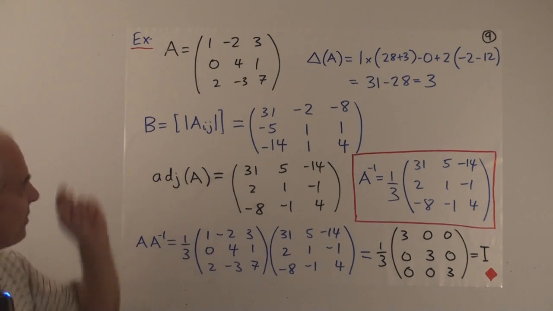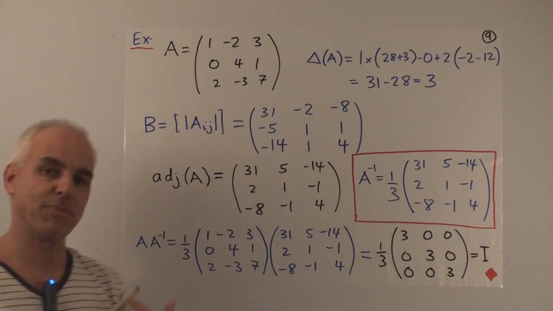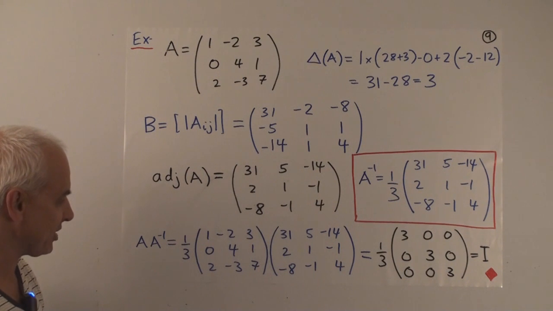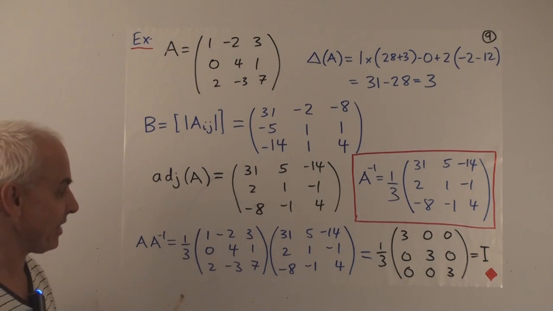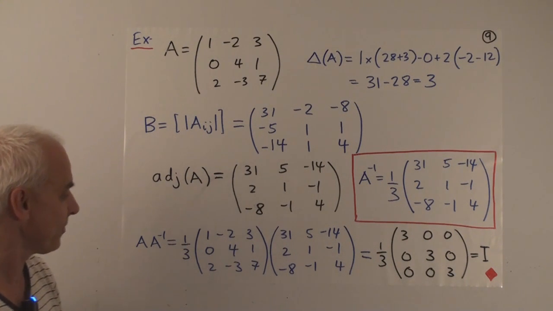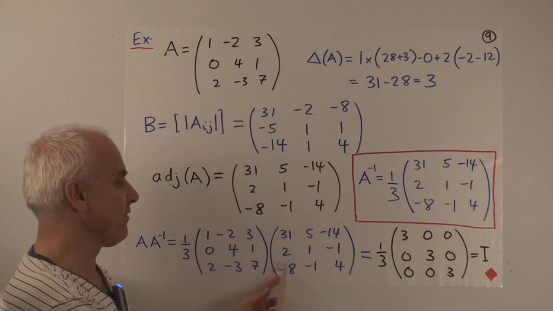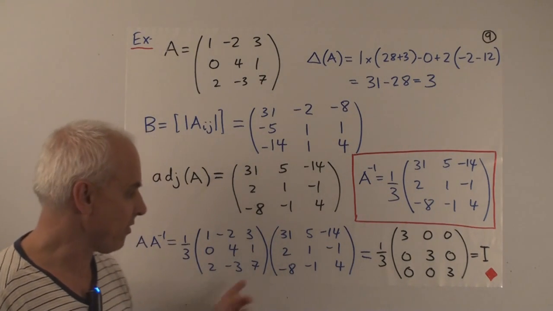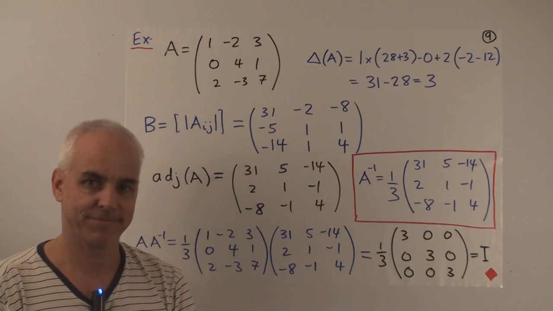Now let's check that this matrix really has this as its inverse by doing a multiplication. Now I haven't told you how to multiply 3 by 3 matrices, but I'm going to shortly. But you can probably guess how to do it, and let me just show you what to do. So here's the matrix A. And here's the matrix A inverse, where I've brought the 1/3 out in front so it doesn't bother us. I've repeated it there.